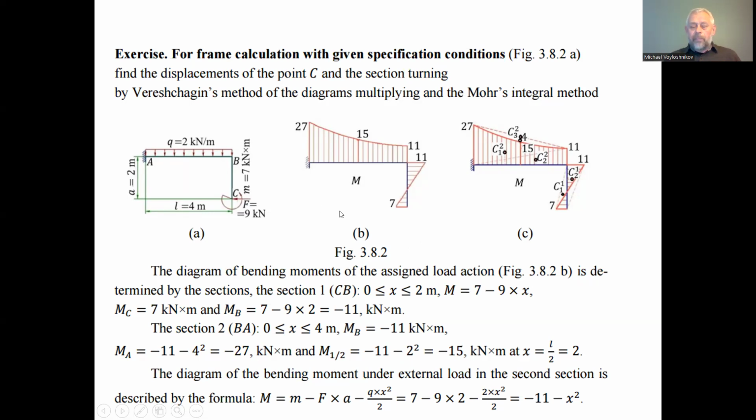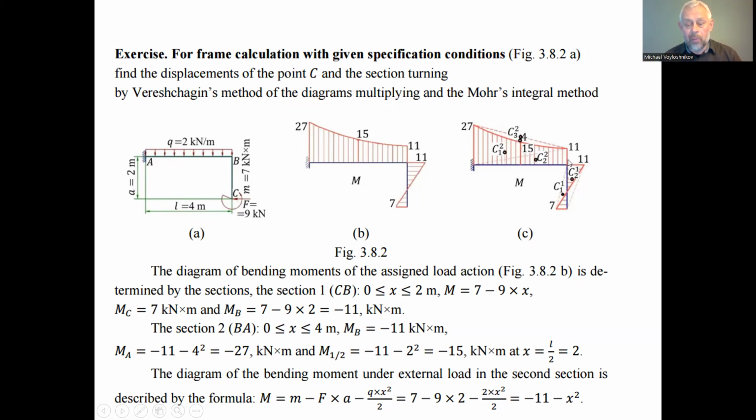Or we can say frame. We substitute by two right angle triangles, this diagram 1 by 2. The diagram of the bending moment action on the element of the mechanical system AB we can substitute by one right angle triangle, whose base is 11 and the height is 4 meters. Another right angle diagram has the base 27 and the height 4 meters, and we will have